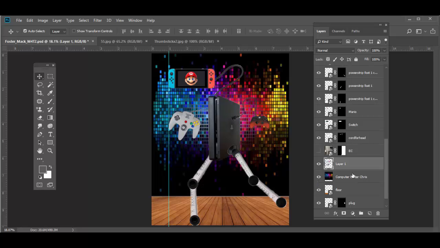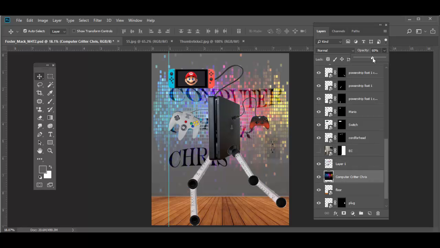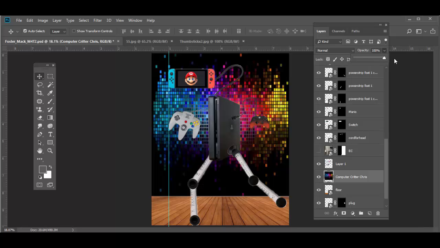What I can also do is take that layer, Computer Critter Chris, and lower the opacity. I don't really like that. Or you can do this. You can go here, apply a layer mask. Wait, first you'd have to select and put a new layer below the Computer Critter Chris layer. Fill that with black. Okay, so let me first hit